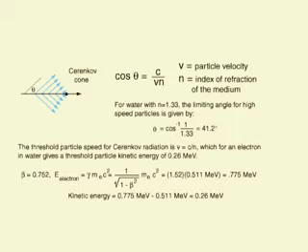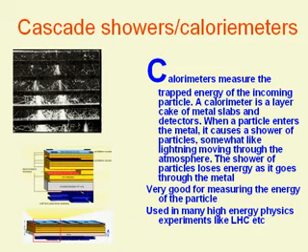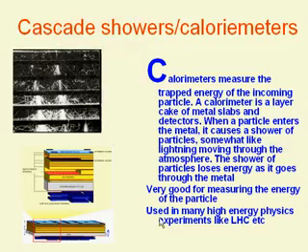Another thing which is used in some of these studies is what we call a calorimeter. This essentially gets the energy of a particle. You can see on the left hand side an earlier cloud chamber picture. What happens when a particle comes and hits? Now it makes more and more particles, and it comes down, and you can see an enormous number of particles are